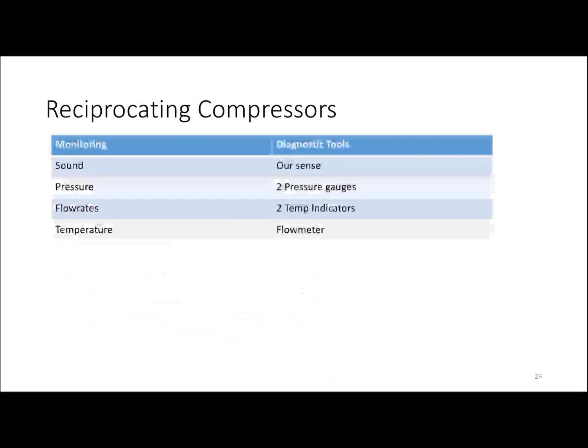You can use a flow meter, and for temperature you can use two temperature indicators. You can install thermometers at two different locations, so we can obtain temperature readings from the equipment. Right? Okay, that's all for